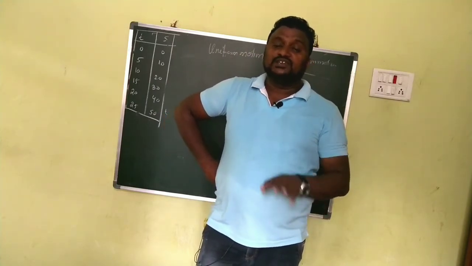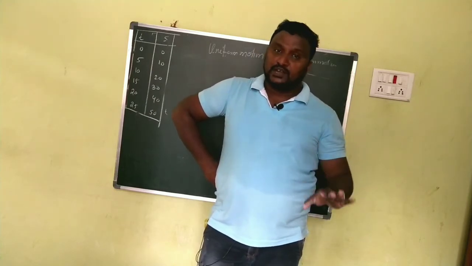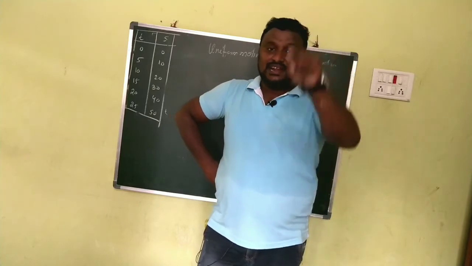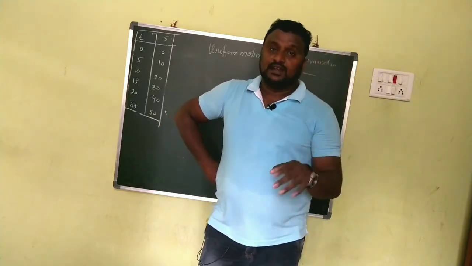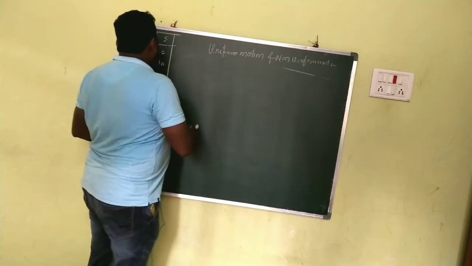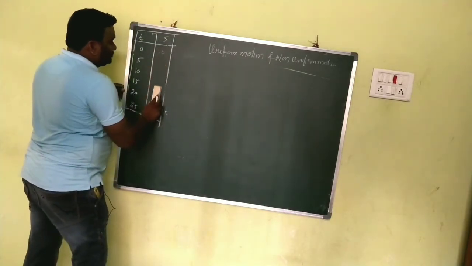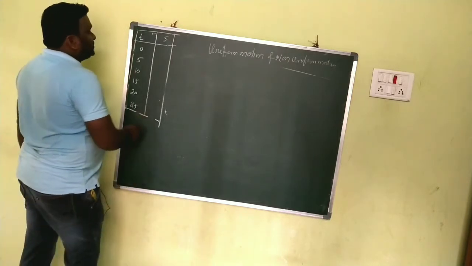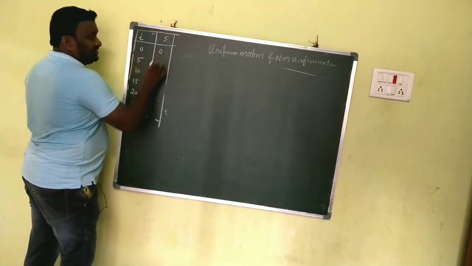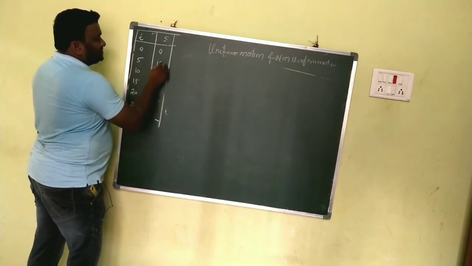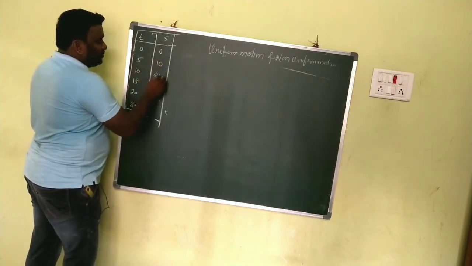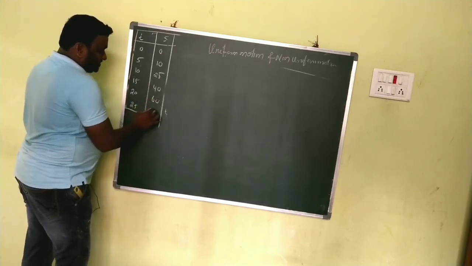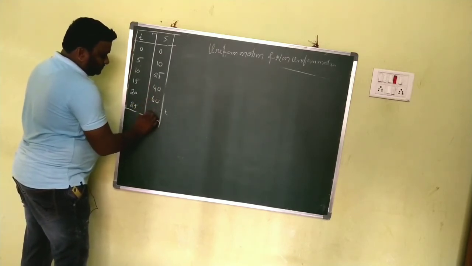If the body covers equal displacements in equal intervals of time, clear? And the nature of uniform motion is a straight line passing through the origin. Clear, children? Next thing is non-uniform motion. Here, for example, for 0 seconds we have 0, for 5 it is 10, for 10 seconds it is 25, for 15 it is 40, next 20 is 60, and next is 75 or 80.